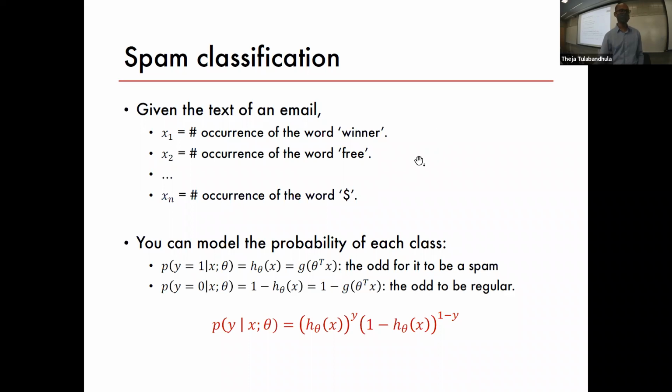So let's say we want to do spam classification, and this is an illustrative example that you might have seen in other courses as well. Here's a particular way of feature encoding. x1 to xn, we are focusing on n particular words and seeing how many times they occurred in the email. Although the email has a lot of words, we're just looking at a few words and asking how many times the specific word occurred. So x1 is the number of times the word winner occurred, and so on. Given any email, you can get this n-dimensional feature vector, which is all numeric, so there are no words here.